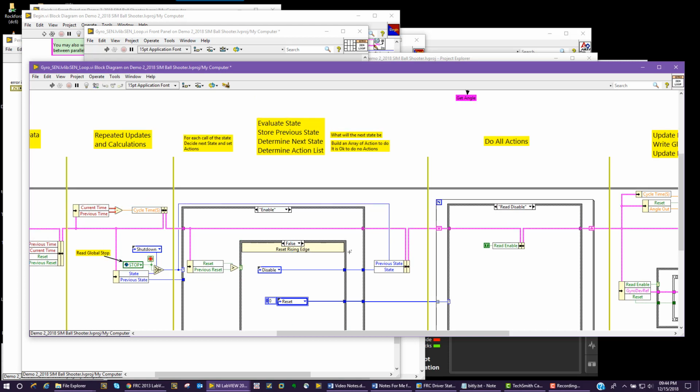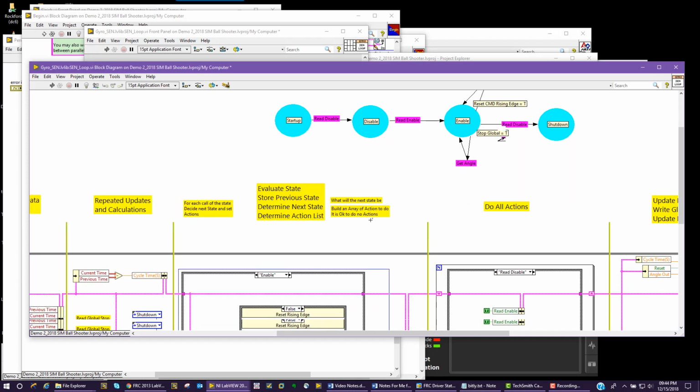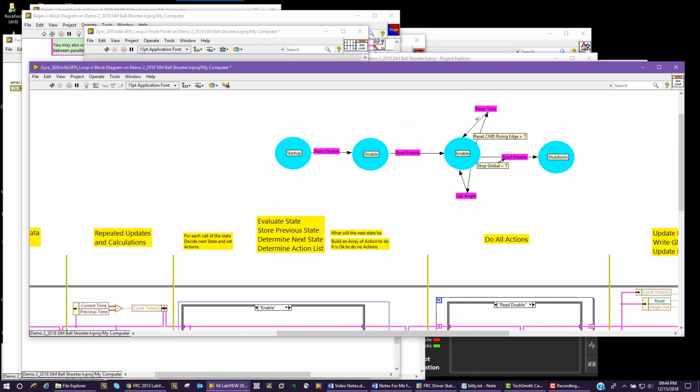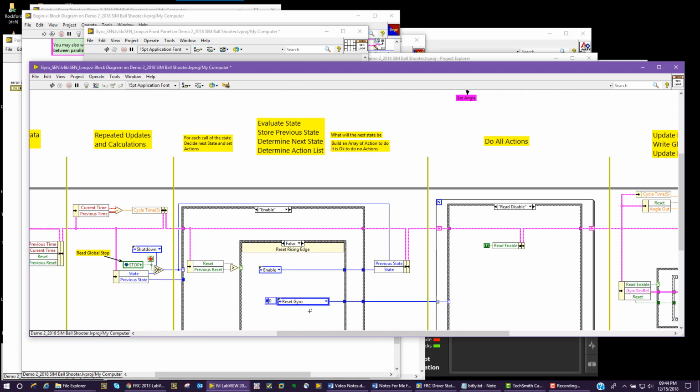Okay, and then we go up here. So when we do see our rising edge equal true, the action we do is reset gyro, and we come back to enable. So the state that we set is enable, and the action that we set is to reset the gyro. Right, matches here. And the other action we do, we're actually going to get angle as well. So let's pull down our array and say